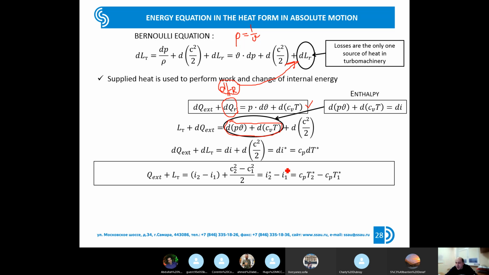What conclusions can we receive based on this equation? First of all,